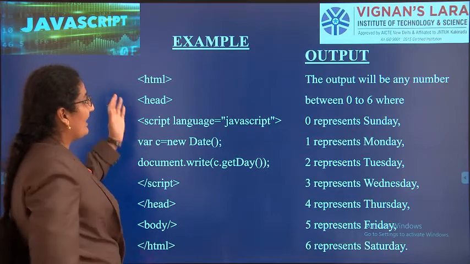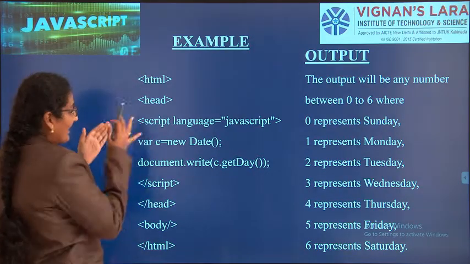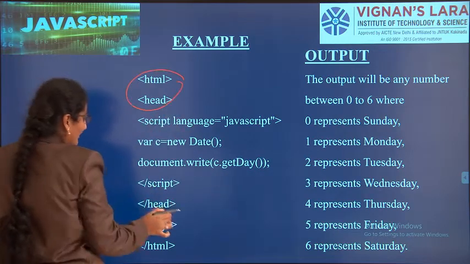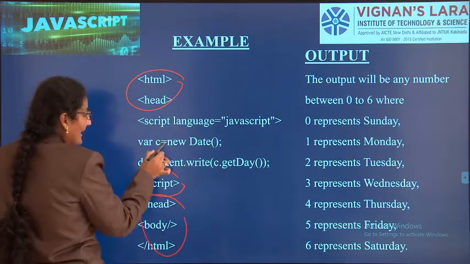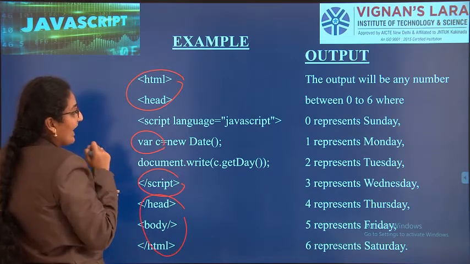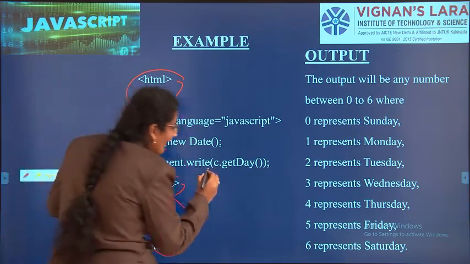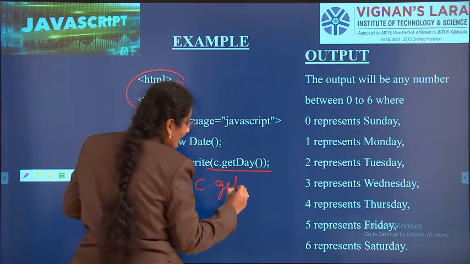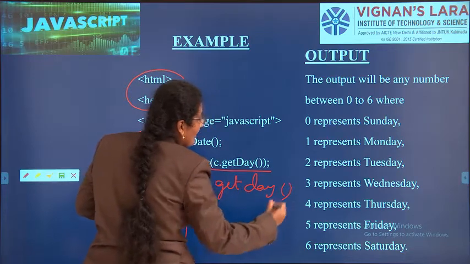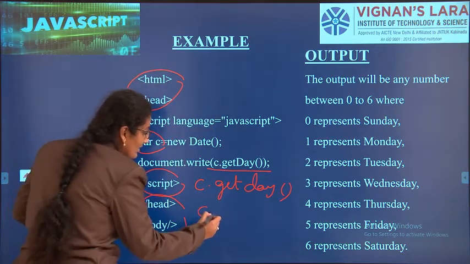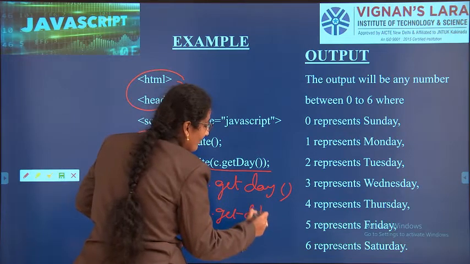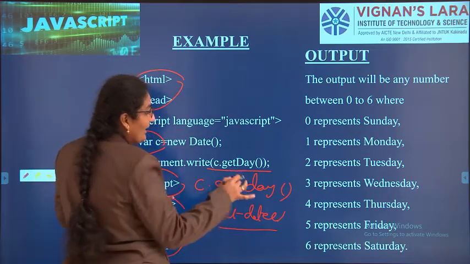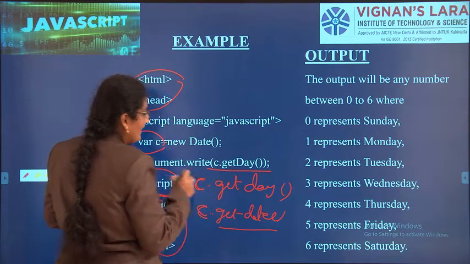See here, if you want to get the day of the week, Monday, Tuesday, Wednesday, Saturday, Sunday, Friday, all these things, then the rest of the things are all the same. So variable C is also the same. Here I am using day. So I have changed the statement: C is my variable, getDay. In the previous program I wrote C dot getDate, because I wanted the calendar date. Here I want to get the day, so I write C dot getDay.